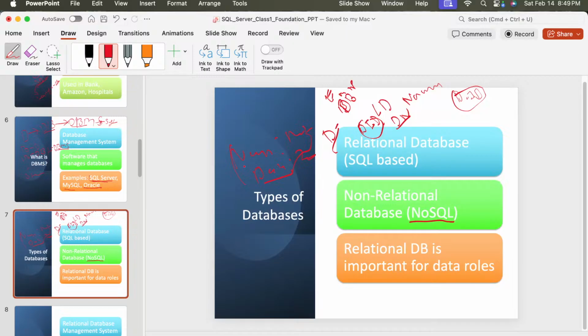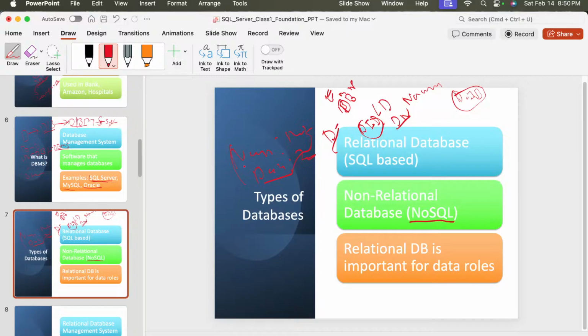जहाँ पे actually non-relational databases are useful where data structure changes frequently and very large scale of data and high speed required. In those cases we use non-relational database. Example of social media like Instagram: likes, comments, posts, followers. For big data application, real-time analytics, we use NoSQL database. Another example you can take like YouTube, right?